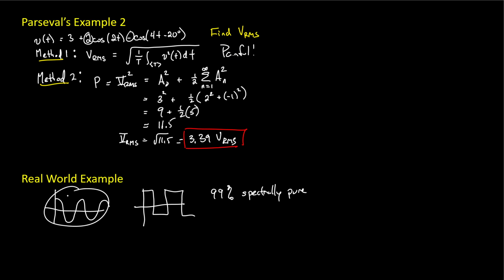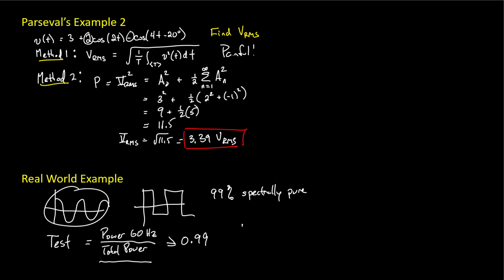So how do you come up with a test that proves that your power source is 99% a pure sine wave? Well, the test that you devise is that the power from your 60 hertz portion divided by your total power, you want to prove that that is greater than or equal to 0.99. So how do you prove this? Using Parseval's theorem,